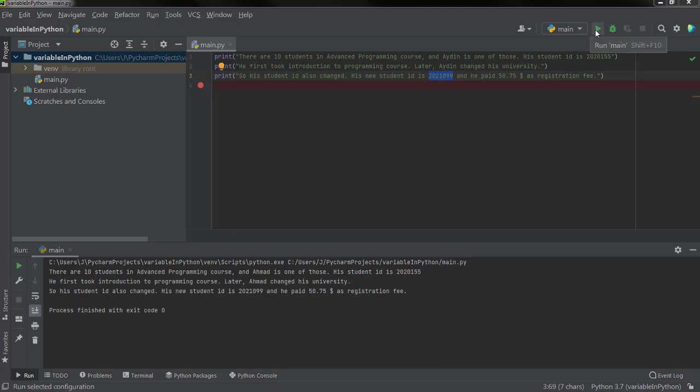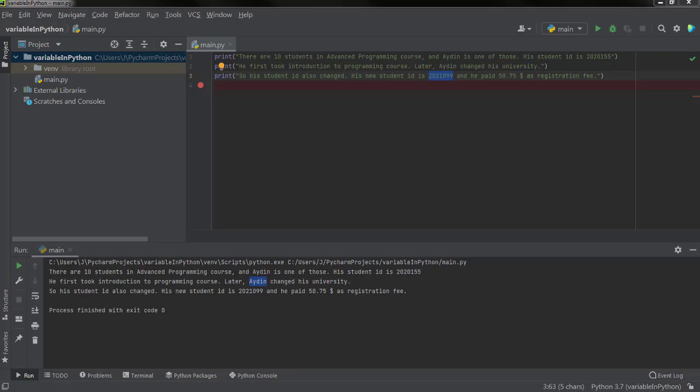So now if I run the program, you can see that the names in both the lines are changed. So you have noticed that in order to make that change, I had to look through the entire program and find where that is.